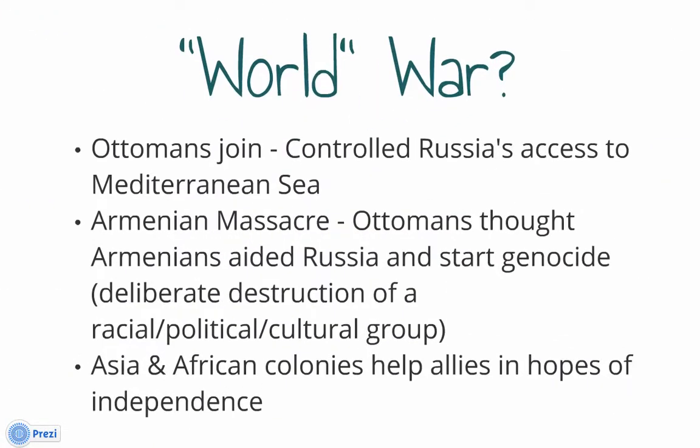Now, when we talk about the World War, eventually what is going to happen is that the Ottomans are going to join into the war. And they are going to begin to control Russia's access to the Mediterranean Sea in Constantinople. So on your study guide, it asks you what the big deal is with Constantinople. Well, what happens is the Ottomans take access of that port, which does not give Russia access to the Mediterranean Sea for trade. So what will happen is that Russia is going to have to deal firsthand with the Ottomans, okay, and they're involved in the war.